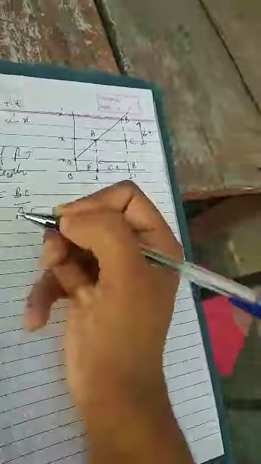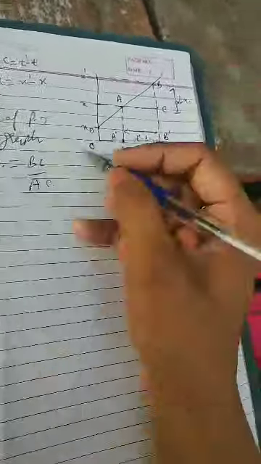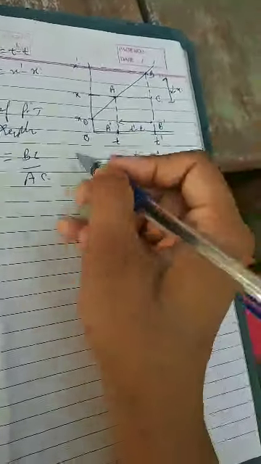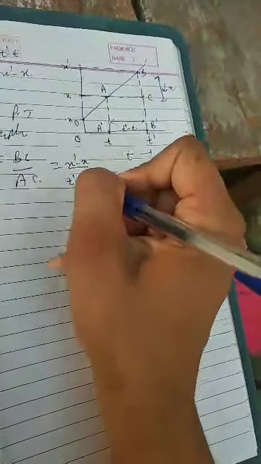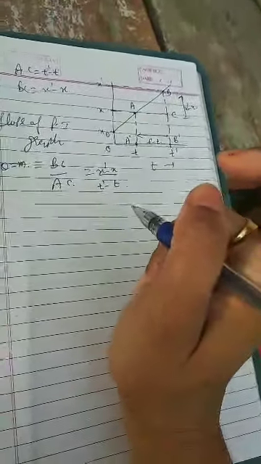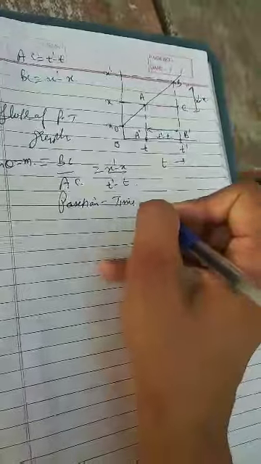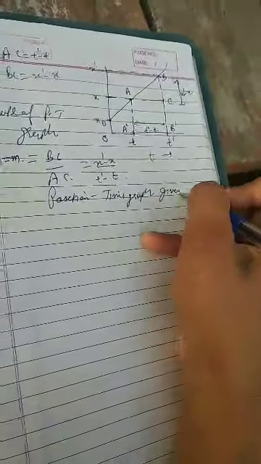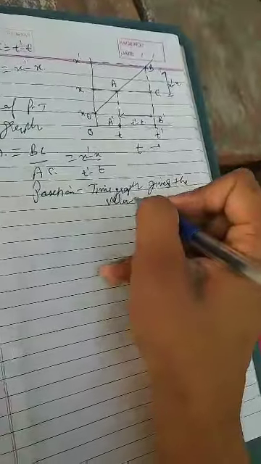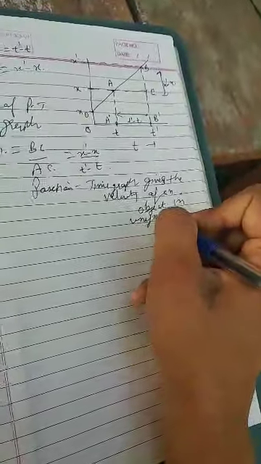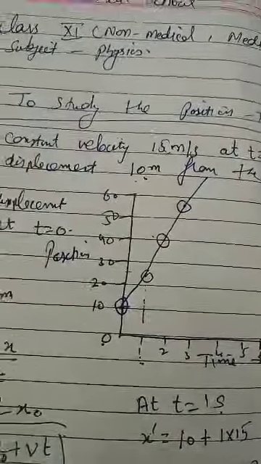theta is the slope, or it is denoted by m. So it is perpendicular over base. Perpendicular will be this BC, and base will be this AC. So it will be x dash minus x upon t dash minus t. Clear? So this means that the position time graph gives the velocity of an object in uniform motion. It is all about uniform motion. Now if we take this graph that we have already plotted with the values